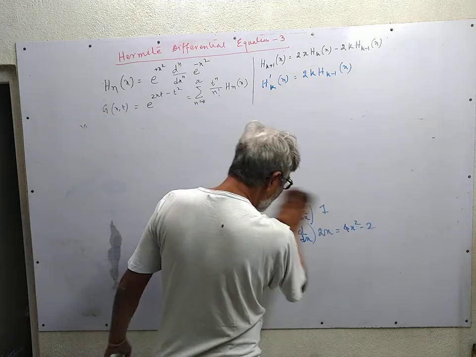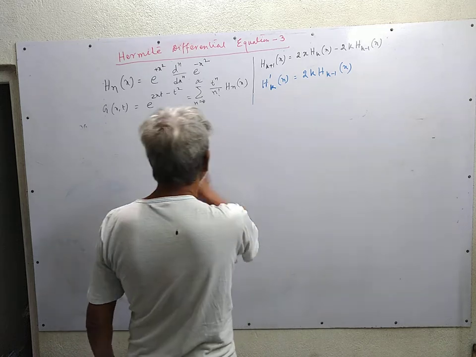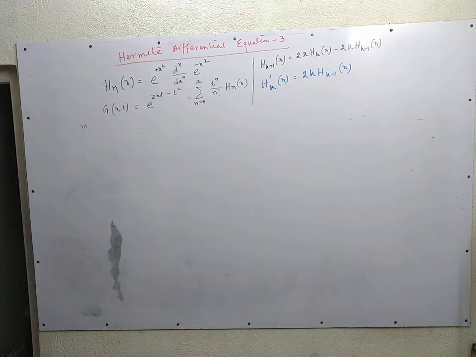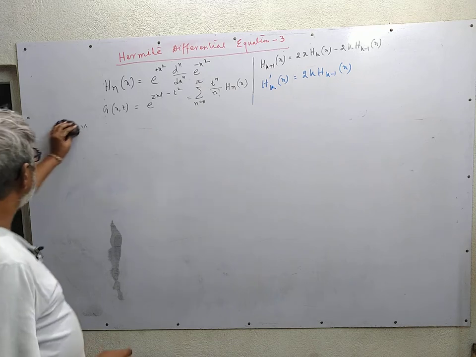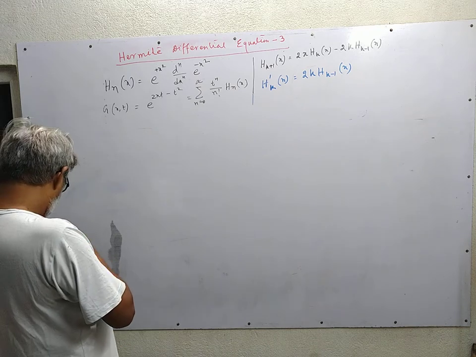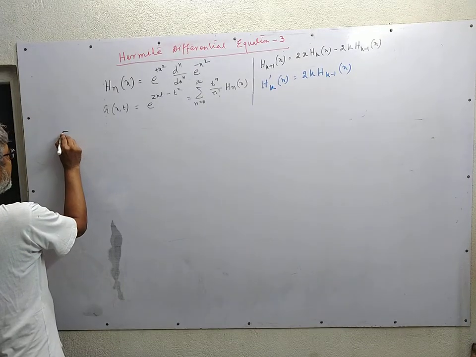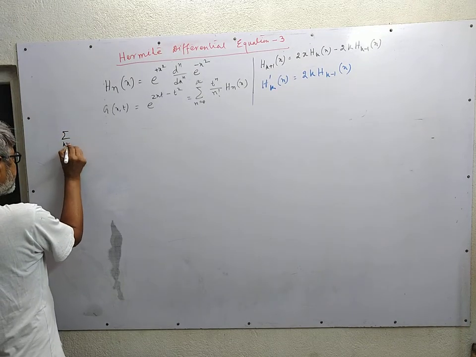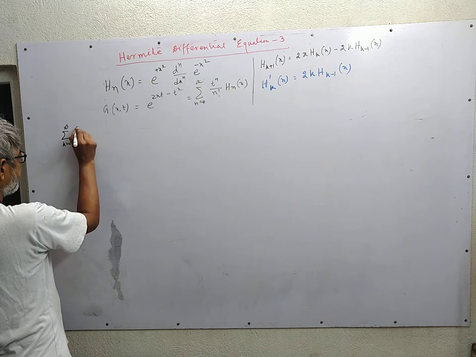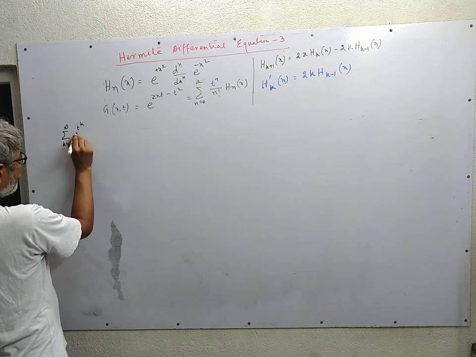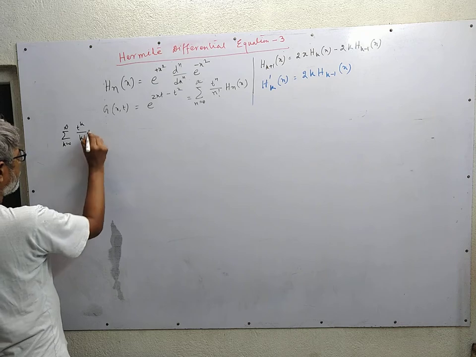We can also derive the Rodrigues formula starting from the generating function itself. The generating function of Hermite polynomial can be written as summation over k is equal to 0 to infinity t to the power k upon k factorial